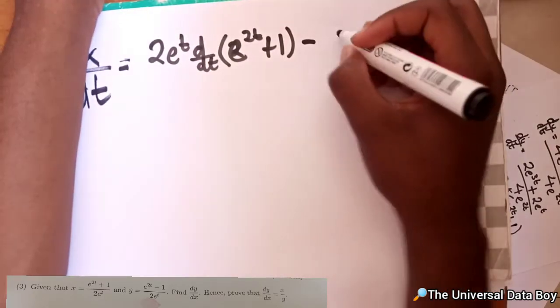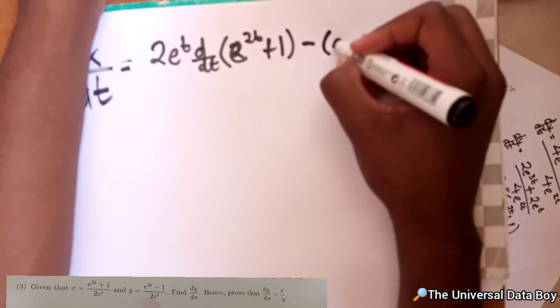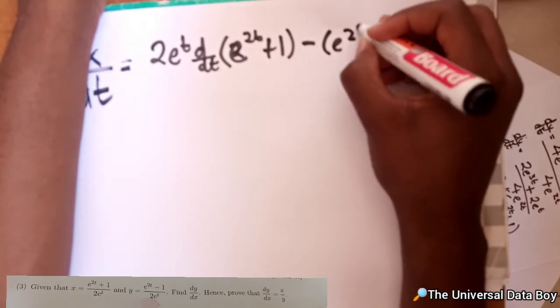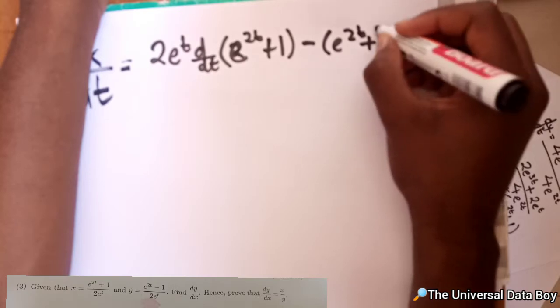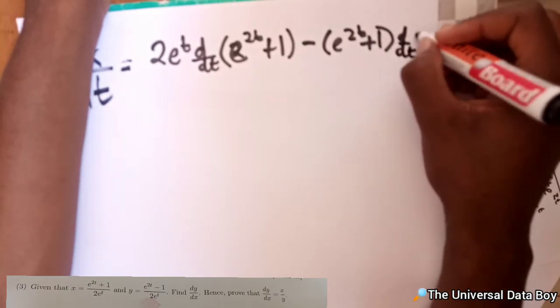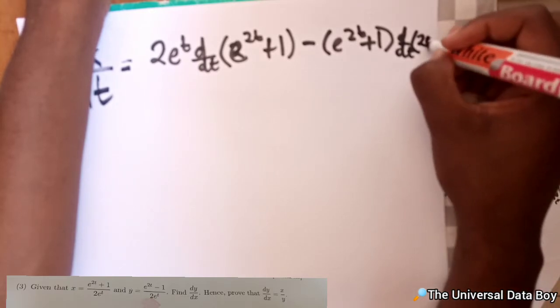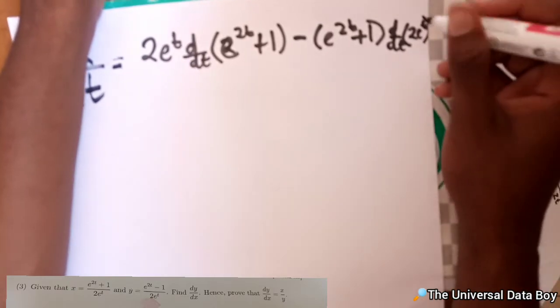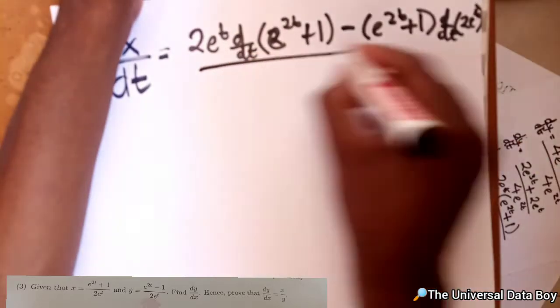Then we're going to subtract from it, well, we are going to write the numerator, and then the derivative of the denominator, which is 2e to the power t,